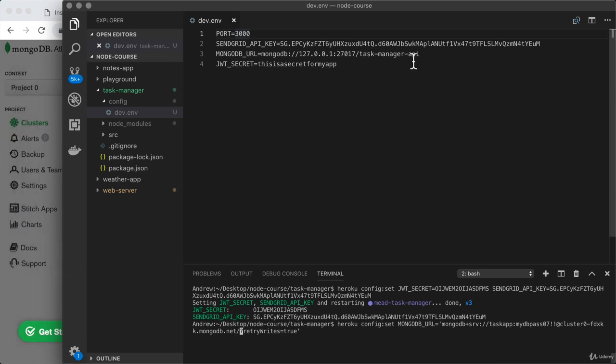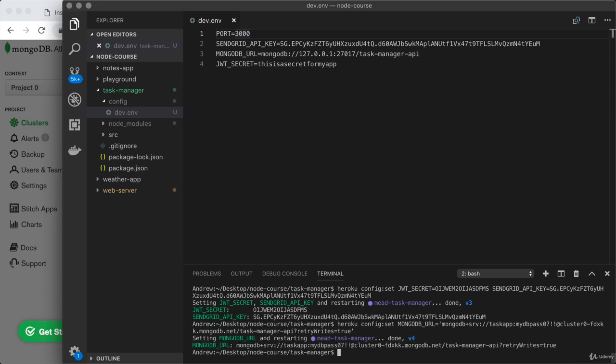It's right up here, Task Manager API. So I'll use the same thing right here. Task-manager-API. Then we have a little query string which was added on, setting something called retryWrites to true. That's just going to make sure that if a write does fail, it's attempted again until it works, and that's exactly what we want. Now we can actually go ahead and run this command to set the environment variable,